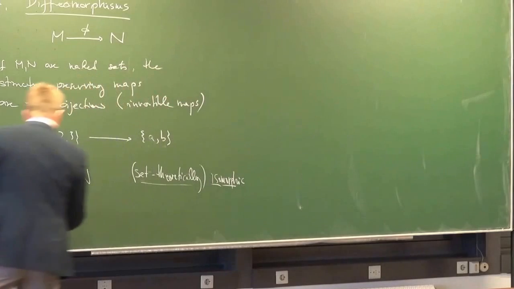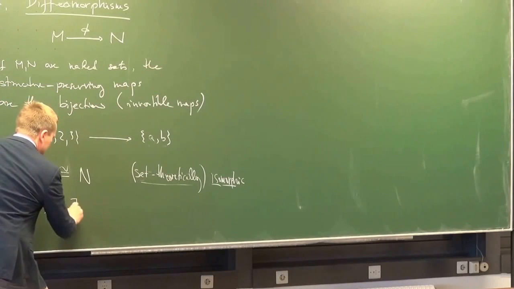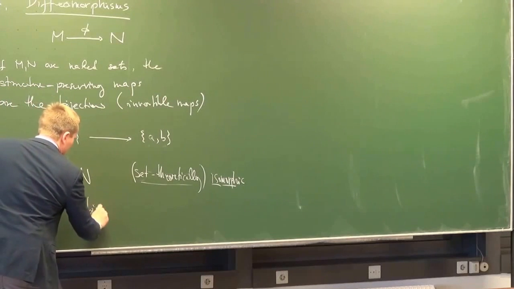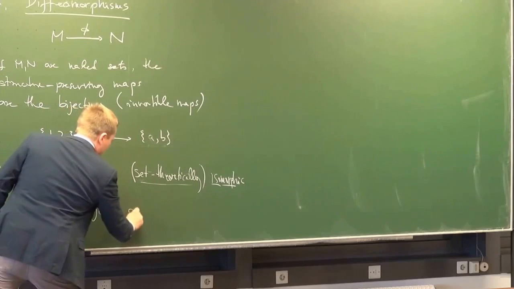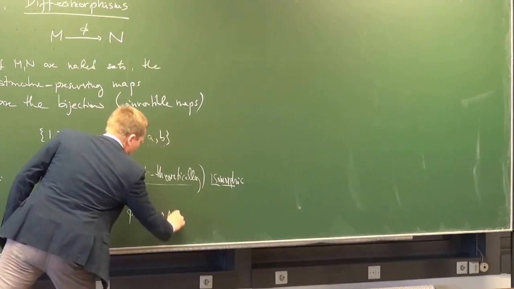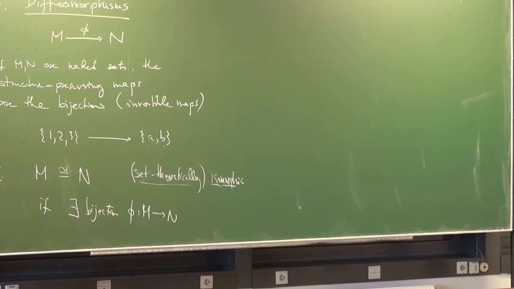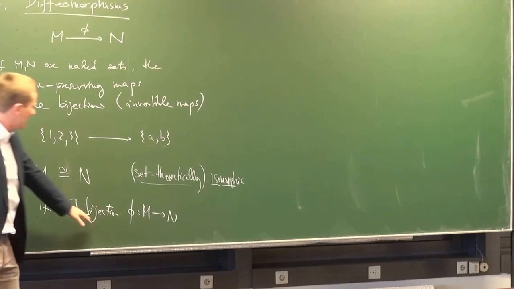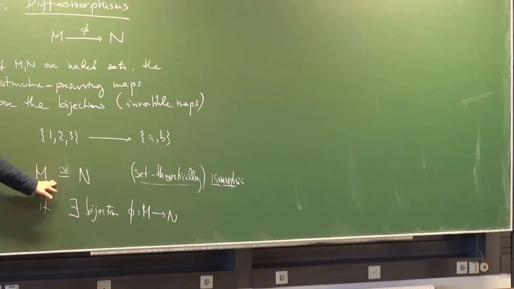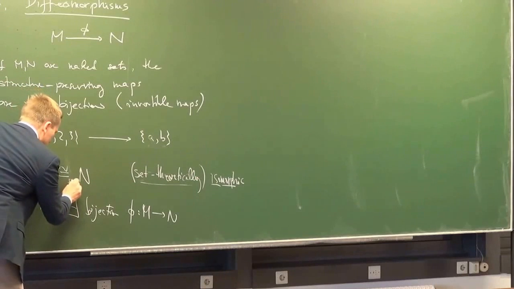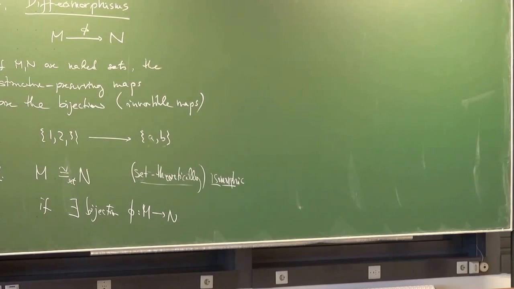They are set theoretically isomorphic by definition if there exists a bijection phi between them. Well, if there exists one, there exists usually many different ones. The question is there at least one one-to-one map? If that is the case, then the one-to-one map is called an isomorphism, but the sets are then called isomorphic. In order to emphasize that this takes nothing into account but the set theoretic structure, we say they're set theoretically isomorphic. And examples